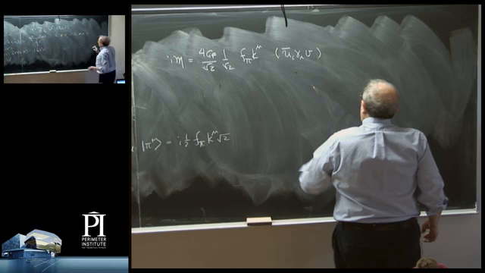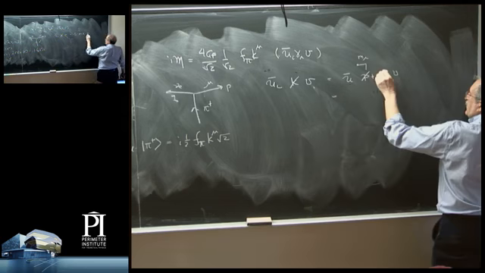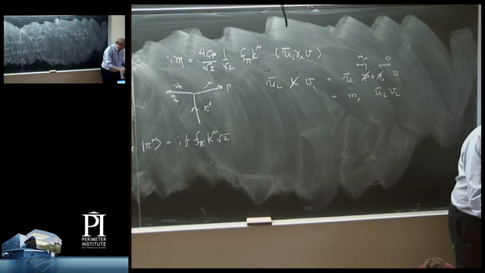Now what I'd like you to notice is that p slash on u is the mass of the muon, and q slash on v is 0. So this expression is proportional to the mass of the muon. If it were an electron, it would be proportional to the mass of the electron. When you work out all the details, it's actually in the notes, and I won't go through it. You come to the following formula,